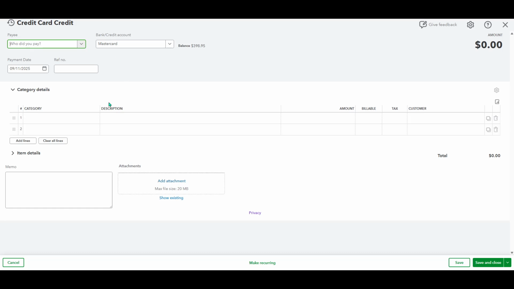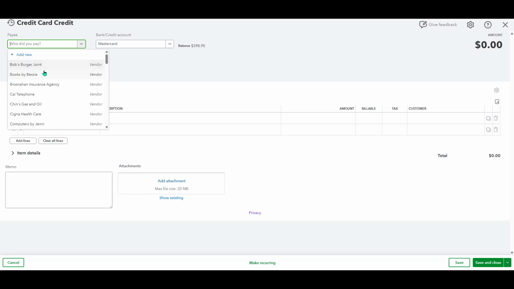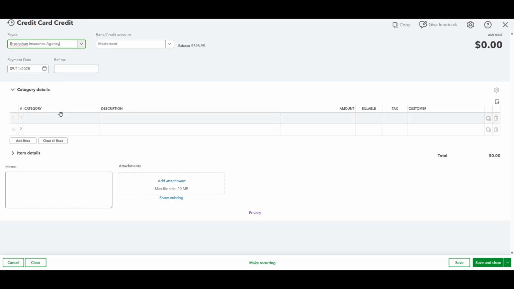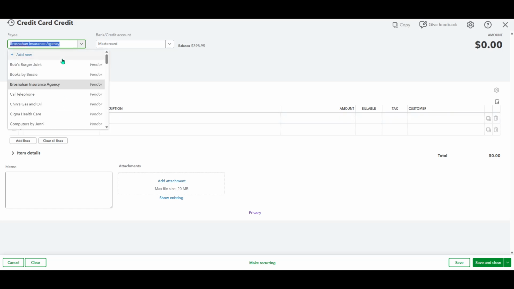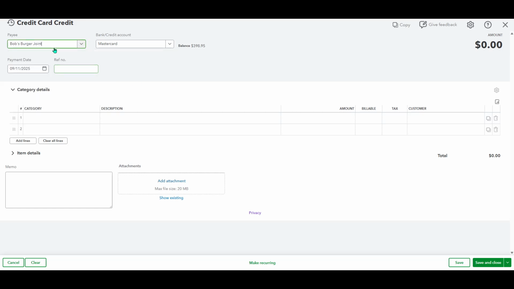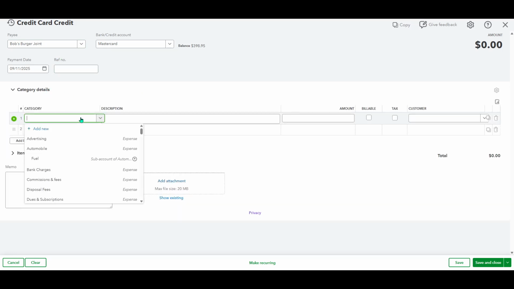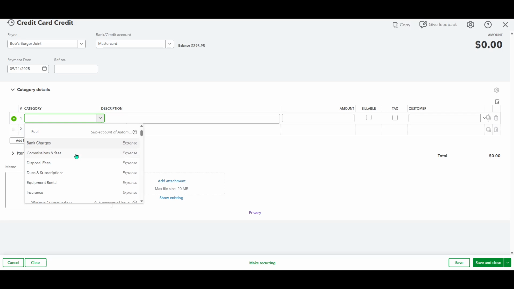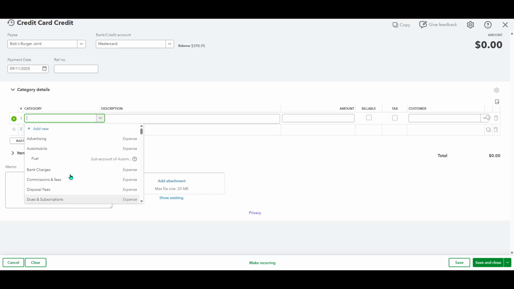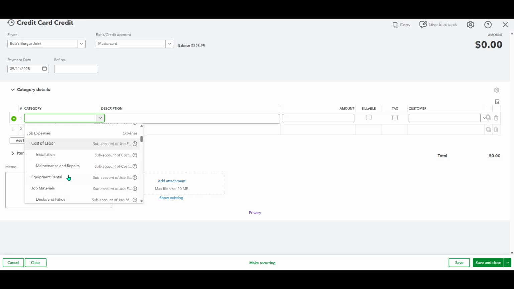your credit card provider. Once you've selected Credit Card Credit, the next step involves specifying the payee if it's applicable. This can be the bank or institution from which you receive the cash back. It's important to ensure that you select the correct payee because this detail helps maintain the integrity of your financial records. In addition to selecting the payee, you'll also need to designate the bank or credit account associated with the cashback. This is typically the same account where the credit was applied. Selecting the correct account ensures that your QuickBooks records reflect your actual financial statements, making it easier to reconcile later